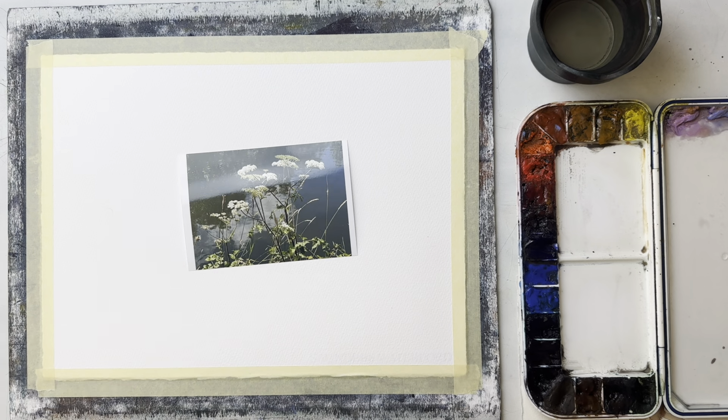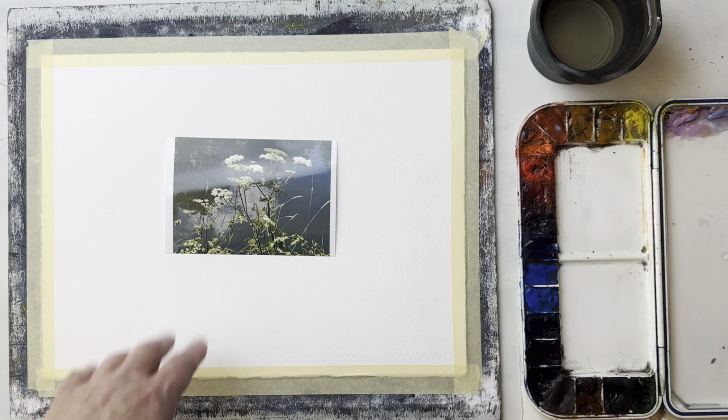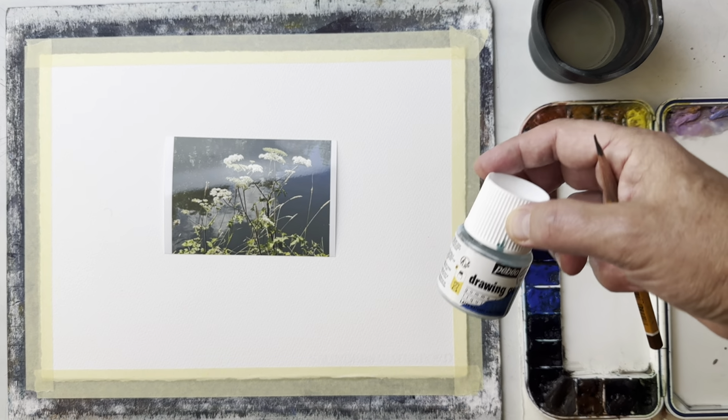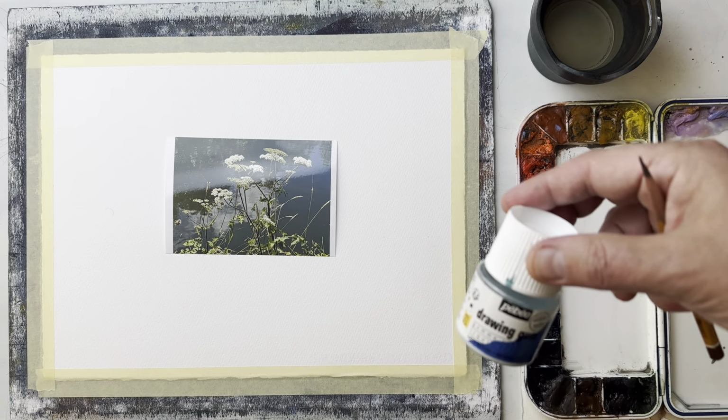Today I want to paint a very simple subject, but it can help us to master some very curious techniques. It's more like playing with water, but we will use this kind of tool, this kind of medium is drawing